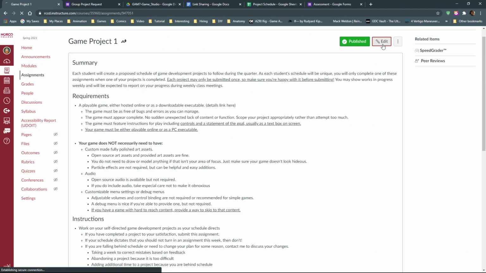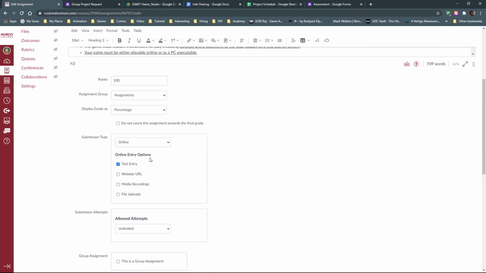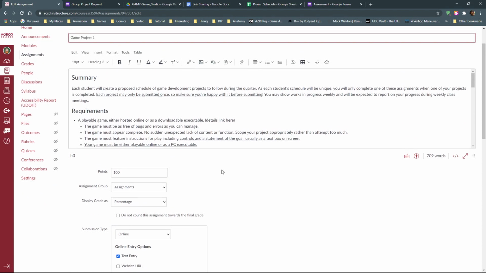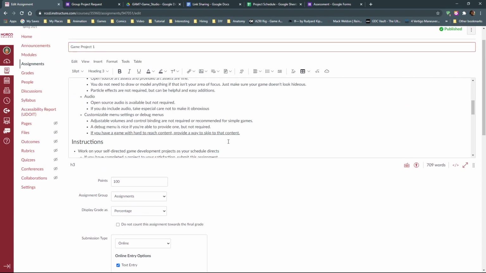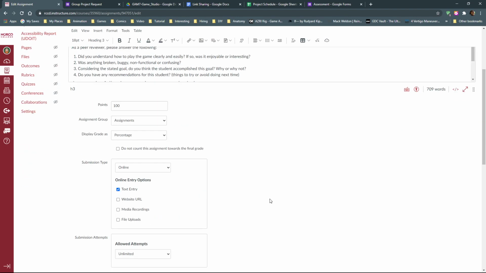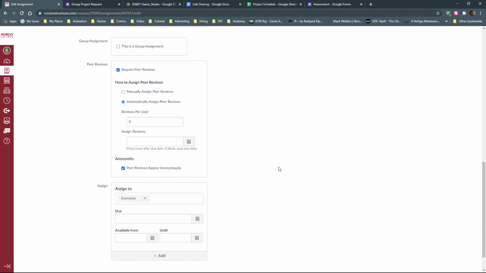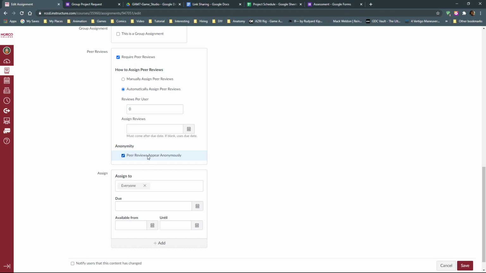But what I've done in the setup is to make it so that, I think I have to go to edit, it's going to require peer reviews. So when you turn it in, it's just fill out the questions in the assignment up here. But I want everyone to peer review, as in answer these questions, and it's set to automatically assign peer reviews, and they're going to appear anonymously.